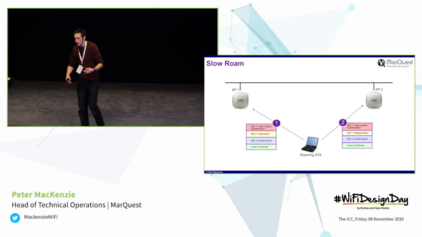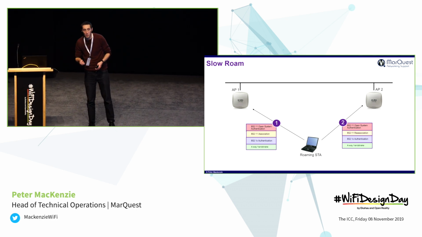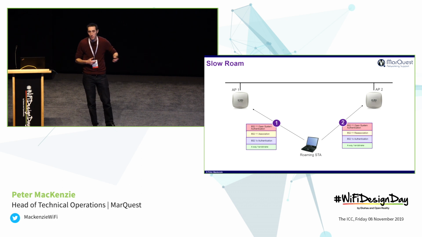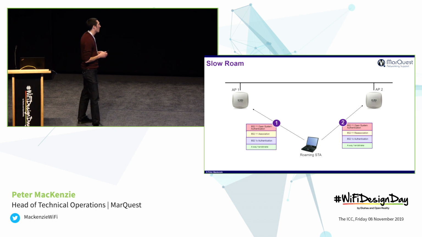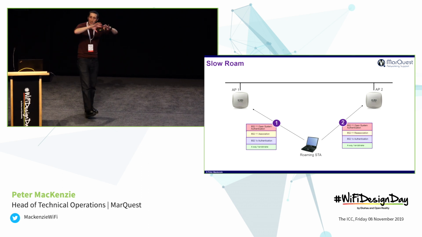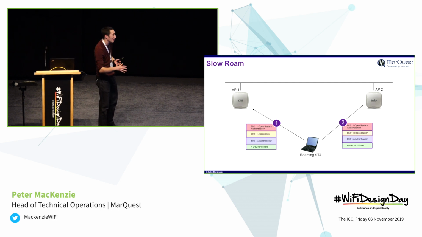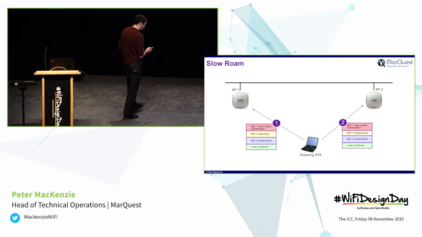Because without that, doing this roam is like unplugging from one switch and plugging into another. You sever your connection when you move from one AP to another. So we hope that the APs, or the wireless infrastructure if it is a controller, is going to hand off my data connections in a seamless way. But